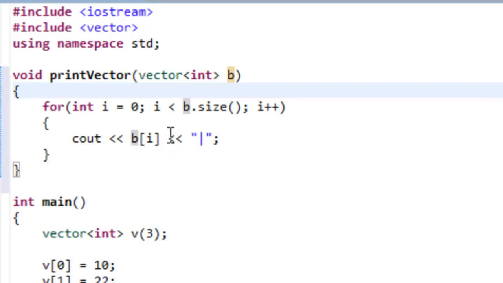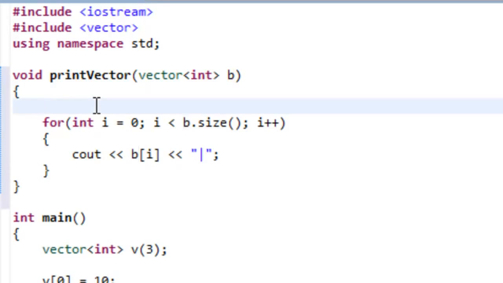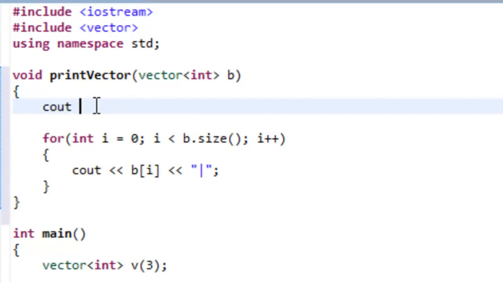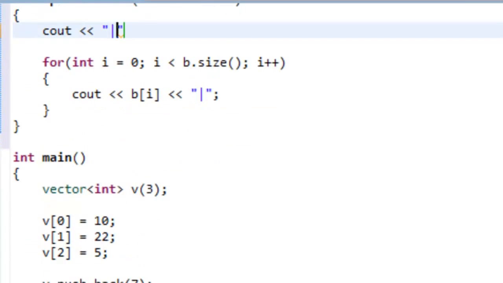Maybe the other thing that we'll do, right now we'll have a pipe symbol after every single value that we print out, but if you wanted to have a pipe symbol at the very beginning, you may want to do this cout and put the pipe symbol there before the for loop, and that'll ensure that you have a pipe symbol at the very beginning. So let's go ahead and